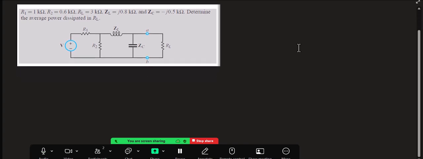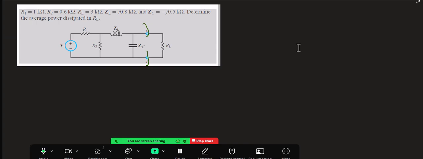So one way to do this, and a nice way to do this, is to figure out the average power dissipated in L, is to reduce everything over on the other side to its Thevenin equivalent, and then from that you can figure out what the power is. So let's start by,